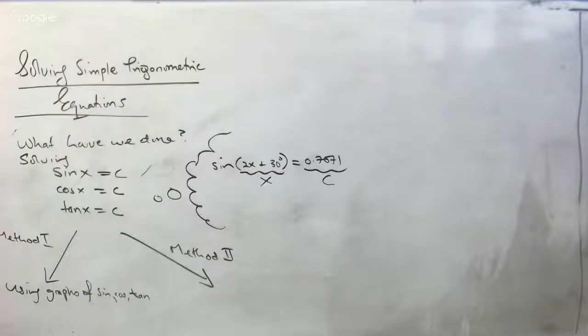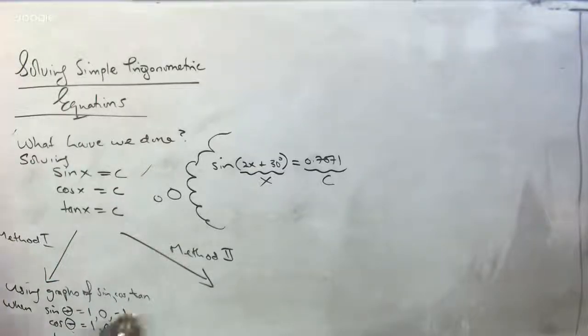And when do we use this? When sine of something equals 1, right? When cosine of something, let's say use theta to make it easier, equals 0 or minus 1. So when cosine equals 1, 0 or minus 1. And when tangent of theta equals 0, that's the only critical point on the graph.